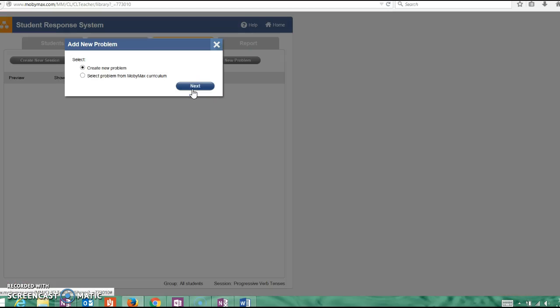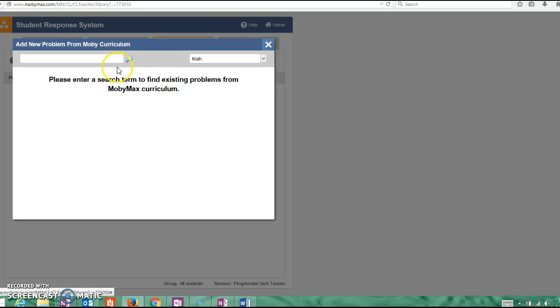And click next. And there's create new problems, so you can make up your own problems, and that'll give you the option to do multiple choice or fill in the blank. They also have their own curriculum, which is actually pretty useful. So I go in here, and you can do math or language, and we're on language right now. So I'm going to do